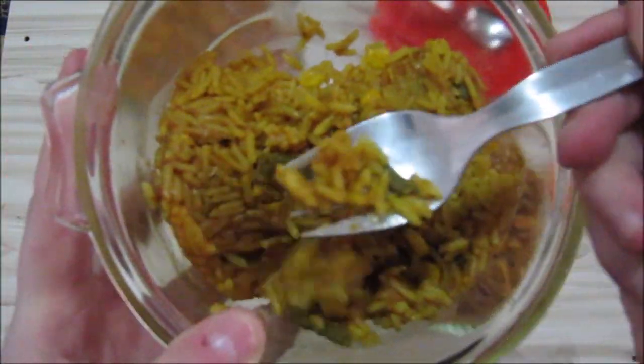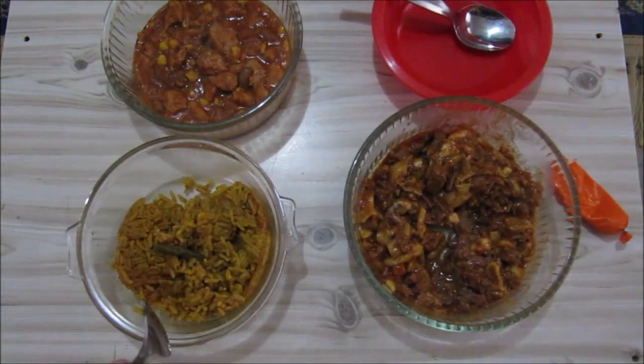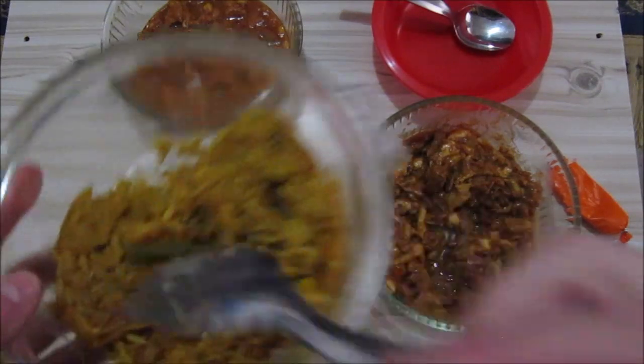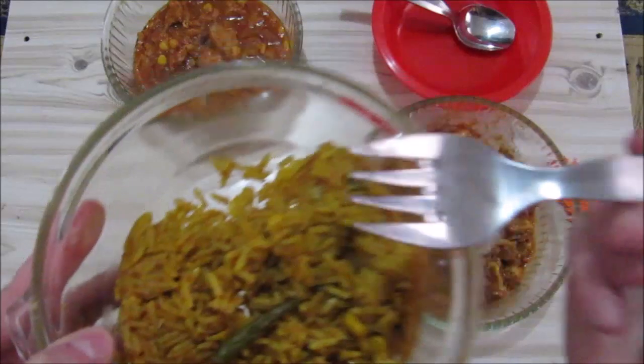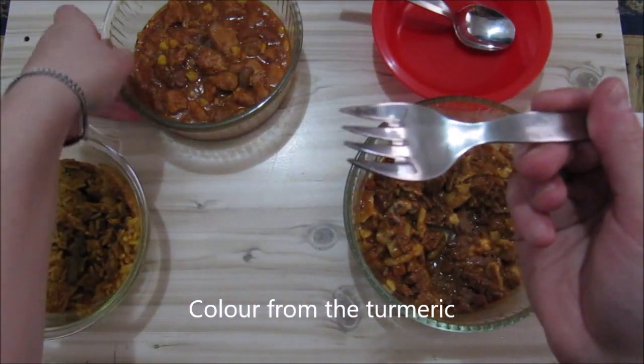You can see the rice is still in its sheet form. It's nice and pliable now. Let's taste some. There's a slight curry flavor in the rice. A nice little burn. I think there's some green beans in the rice. It's a nice yellow color from the cumin. Let's look at the